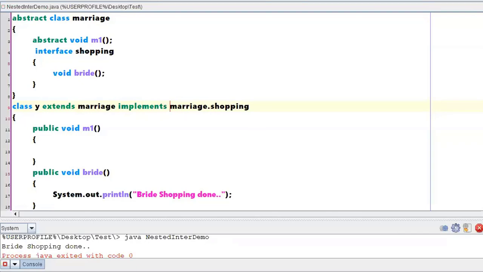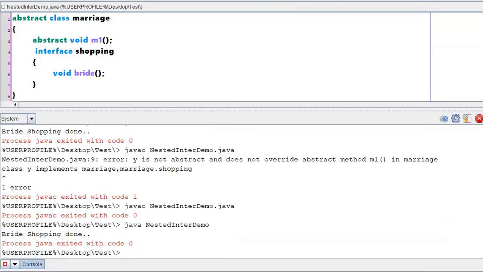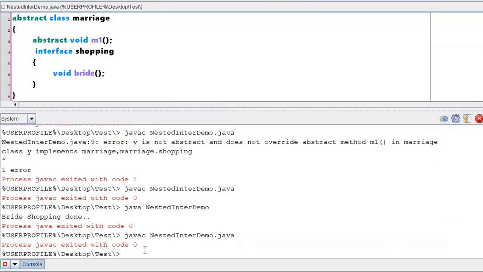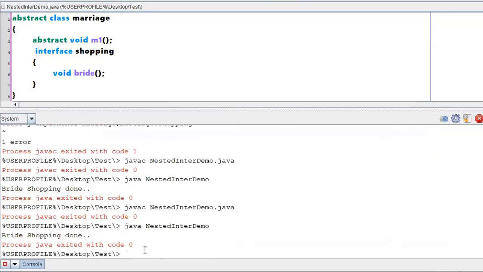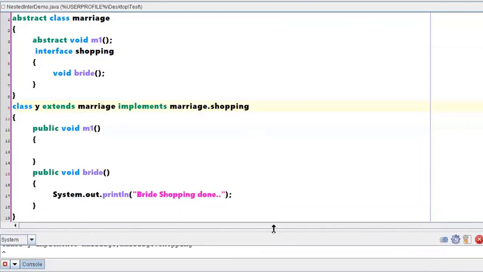So I have done everything in the extended interface, everything implemented, everything is done. So now it should not show me any error, rather it should compile fine. I hope you are clear with when to go with extends, when to go with implements, how to identify the inner interface, and how to identify the methods of the outer interface.